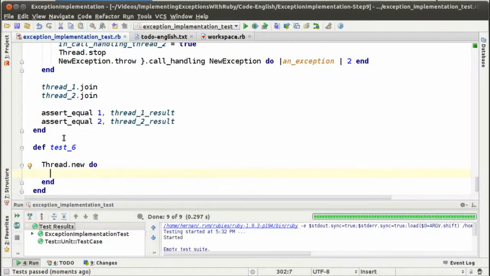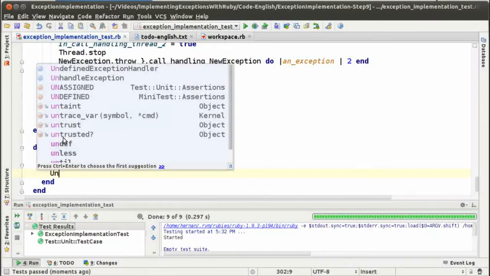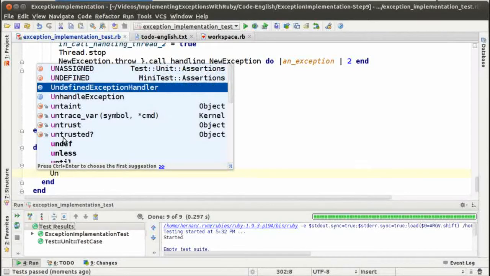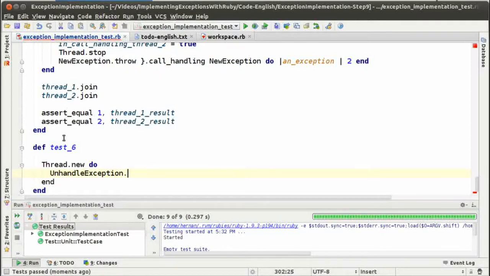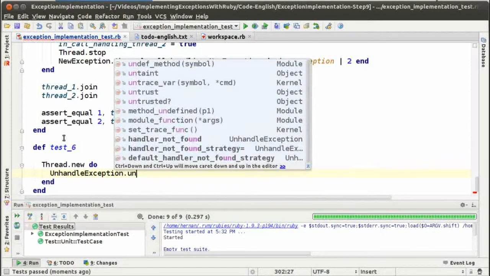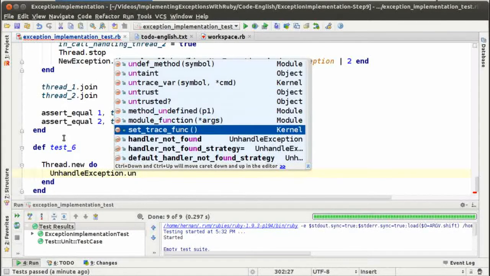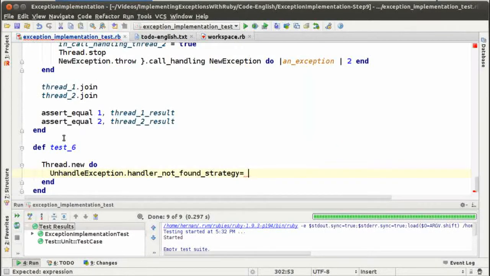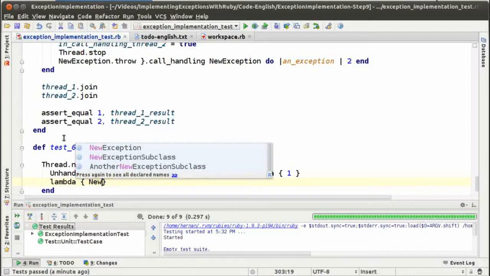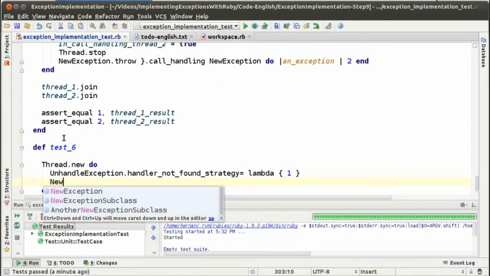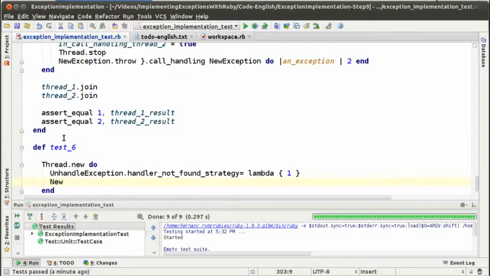We will have to have two threads. The first one is going to set the unhandled exception handler not found strategy, sorry, to be something that will return, for example, 1. And now we're going to have an exception that is thrown. We don't need to create the lambda there. We're just going to do new exception